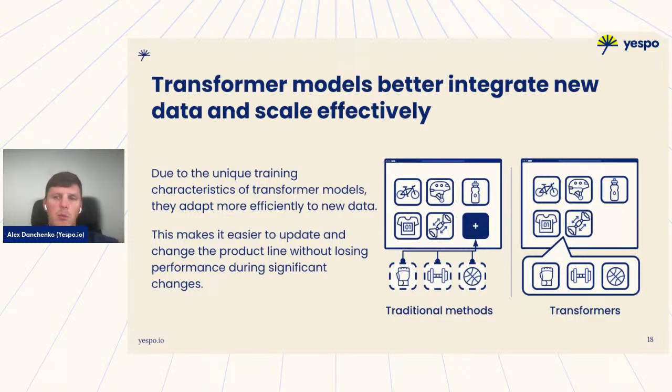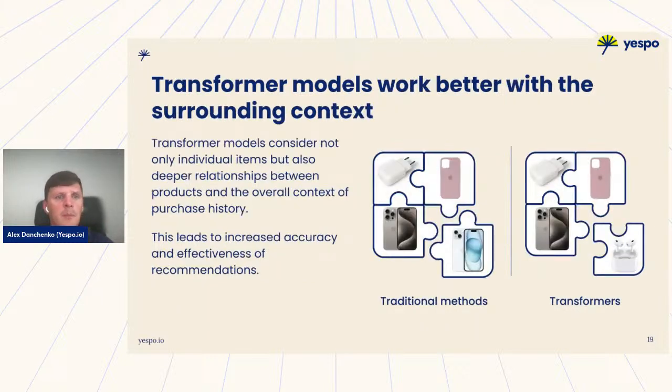Well, basically, if you want to introduce a new category of products on your website or a new line of products, transformer models will better understand what those new products are and how they fit the customer buying experience, because it understands the sense of every added product because of embeddings, of course.